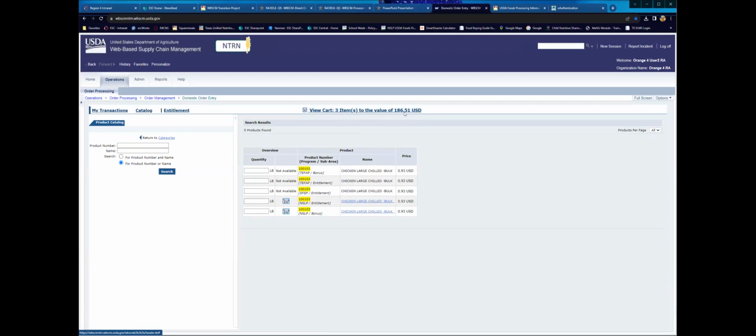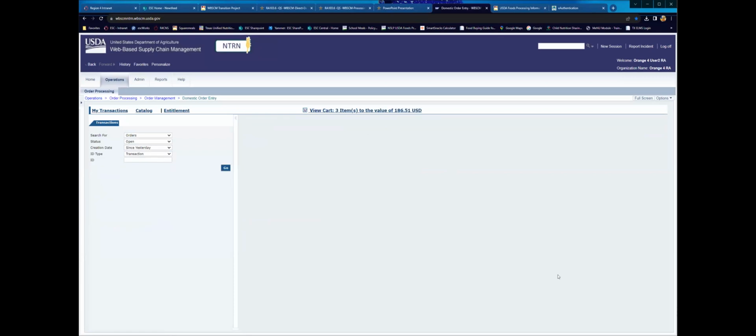It's up at the top, so it's already assigned that value. So at that point, the value is beginning to draw down from your entitlement. If we have other chicken items, we can add those if we want to keep our like chicken items that are going to our processor. So you could, at this point, add additional products, and then you can move into your cart.